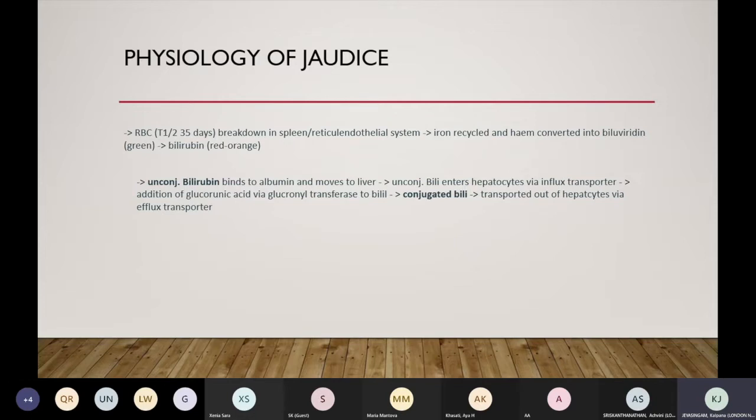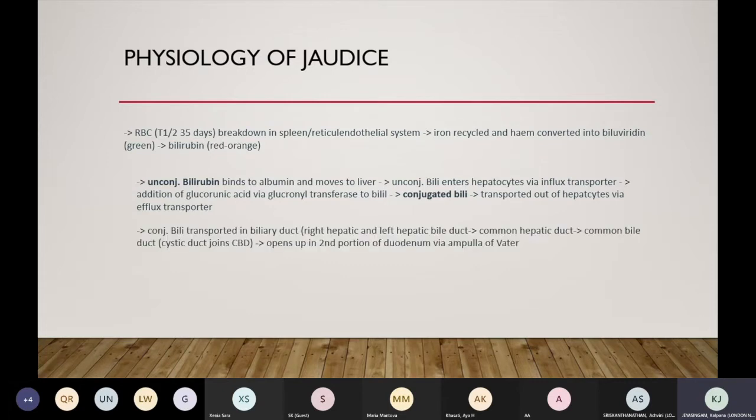In the liver, the unconjugated bilirubin gets taken up into the liver cells, the hepatocytes, via a special transporter on the cell membrane. Glucuronic acid then gets added on to the bilirubin by the enzyme glucuronyl transferase, and it's now conjugated bilirubin. That conjugated bilirubin then gets pumped out of the hepatocytes via a special efflux transporter, and then travels through the bile duct and gets excreted into the small bowel at the second portion of the duodenum, the ampulla